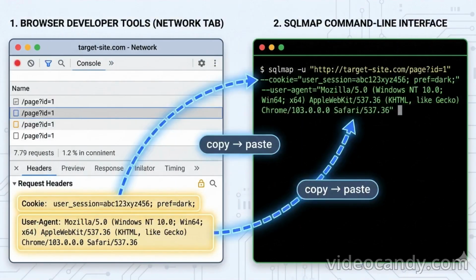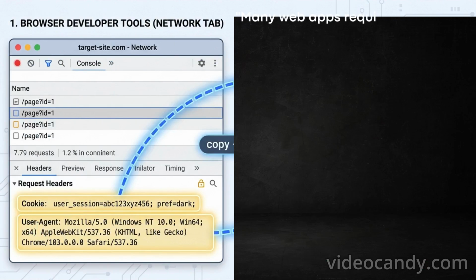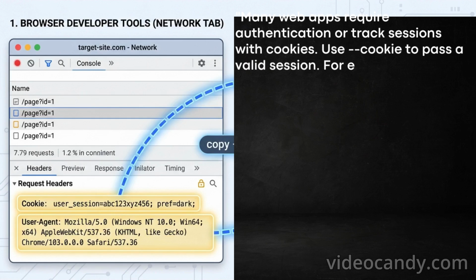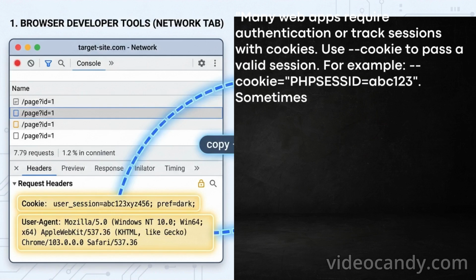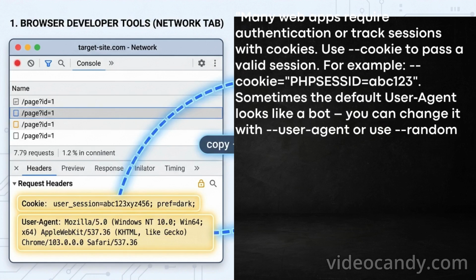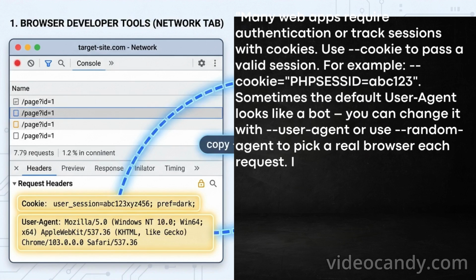Many web apps require authentication or track sessions with cookies. Use double hyphen cookie to pass a valid session. For example, double hyphen cookie equals PHPSESSID equals ABC123. Sometimes the default user agent looks like a bot. You can change it with double hyphen user-agent, or use double hyphen random-agent to pick a real browser each request.